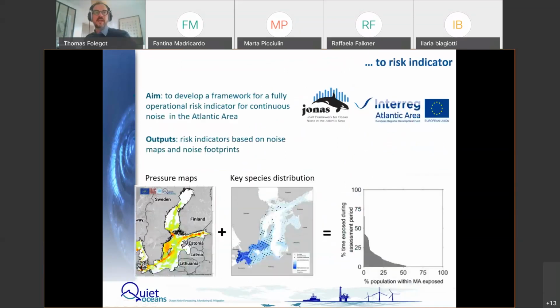So once we are there, the next step, which is currently discussed in TG Noise, and that is the purpose of a number of regional projects like JONAS and JOMOPANS, is to mix the pressure maps. So for example, what we just saw here, the excess level above the natural noise, and find the right metric here, which is not necessarily very easy. Well, that's still under discussion. But here to mix a pressure map with a distribution map, so that you can start to